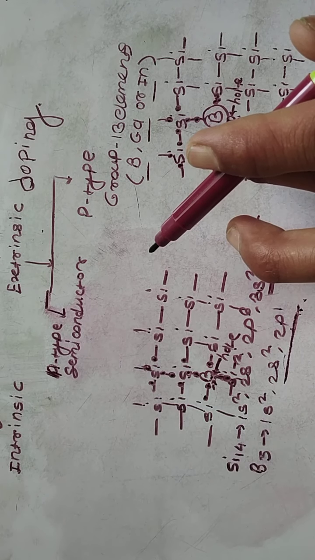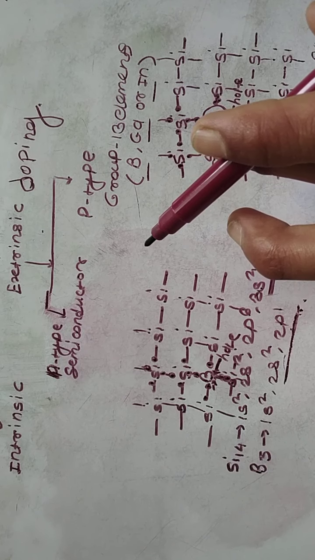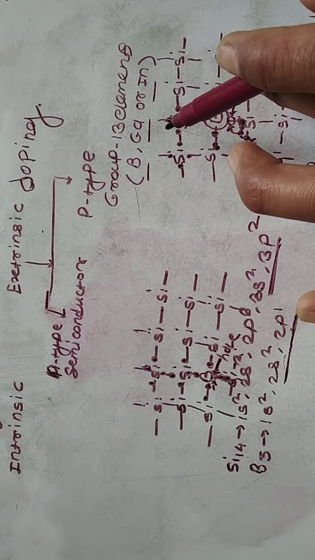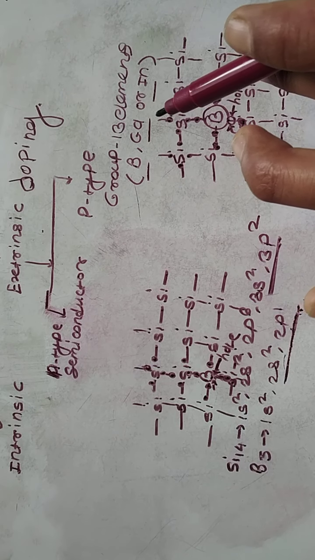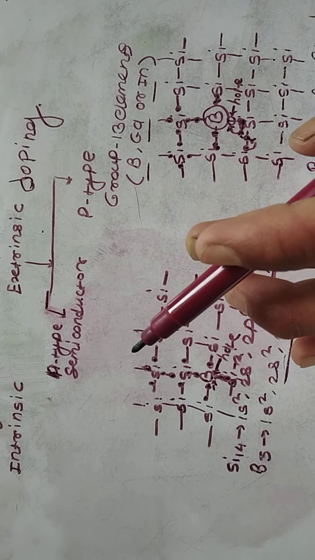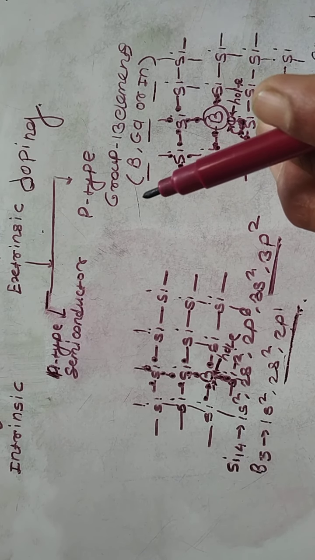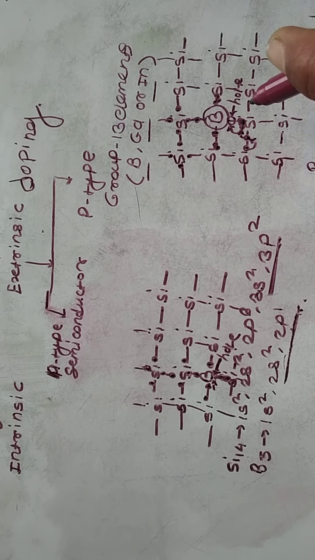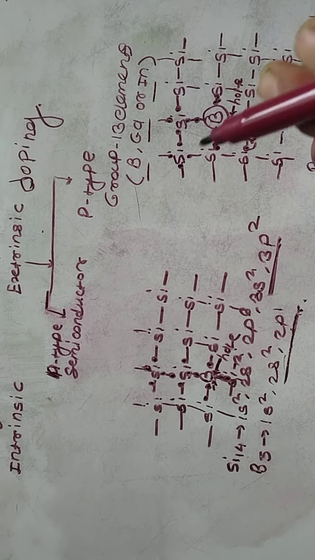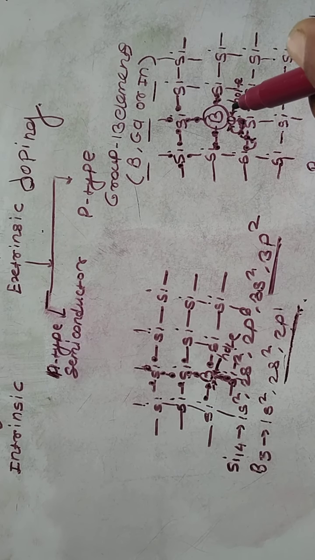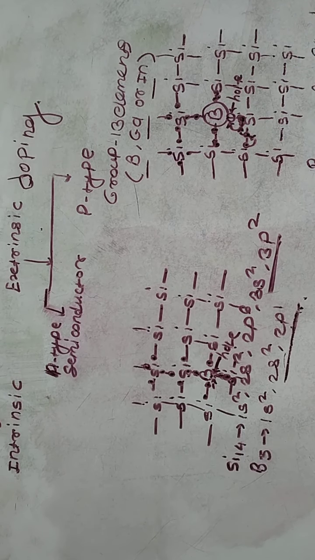In n-type semiconductor, you add group 15 elements as an impurity, and in case of p-type semiconductor, group 13 elements are added as an impurity. In n-type semiconductor, the charge carriers are electrons, but in case of p-type semiconductor, the charge carriers are positive holes, or electron deficient positive charge. So in the next video we will discuss magnetic properties of solids.